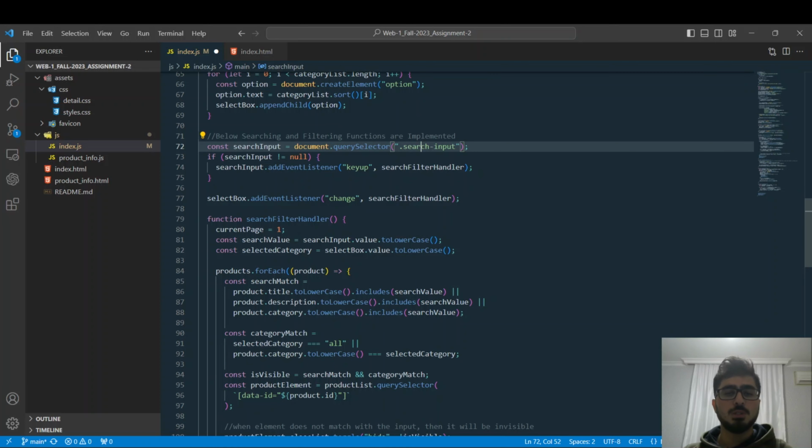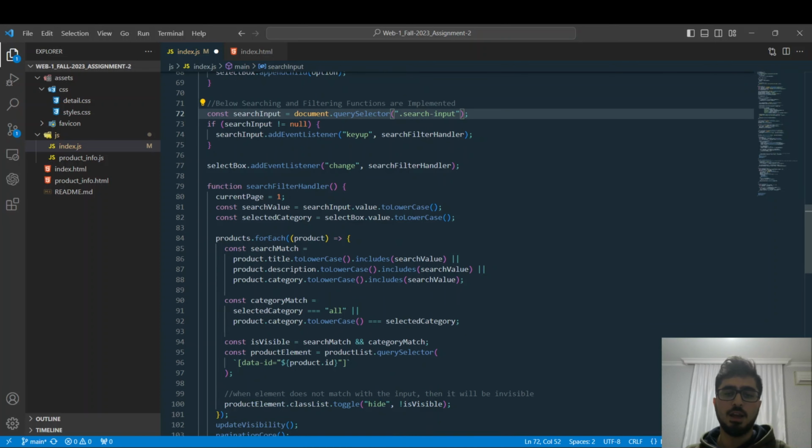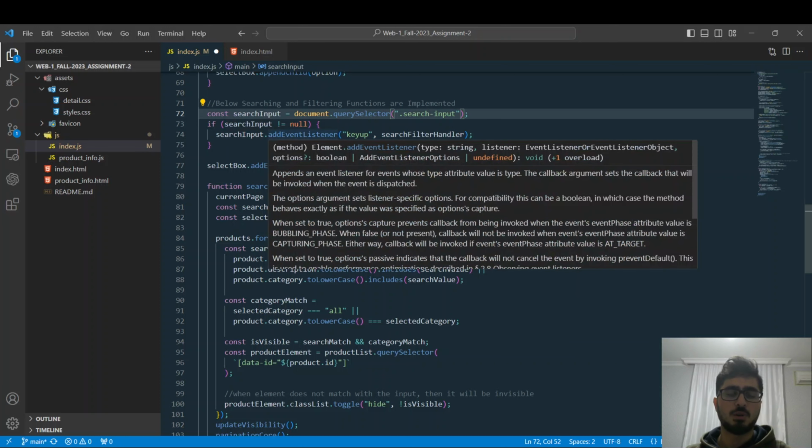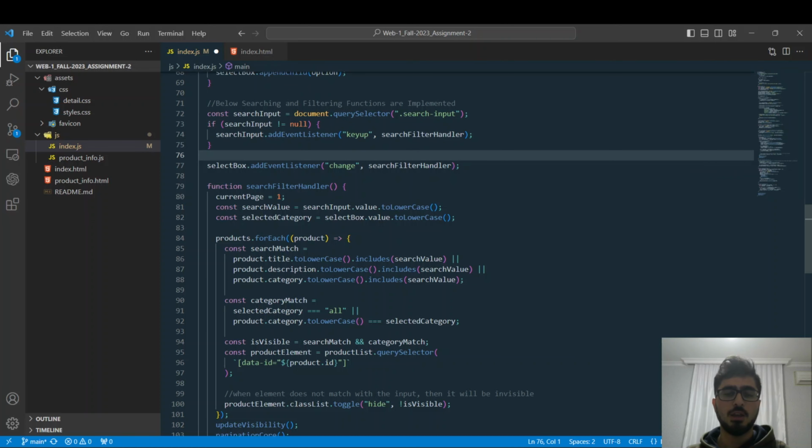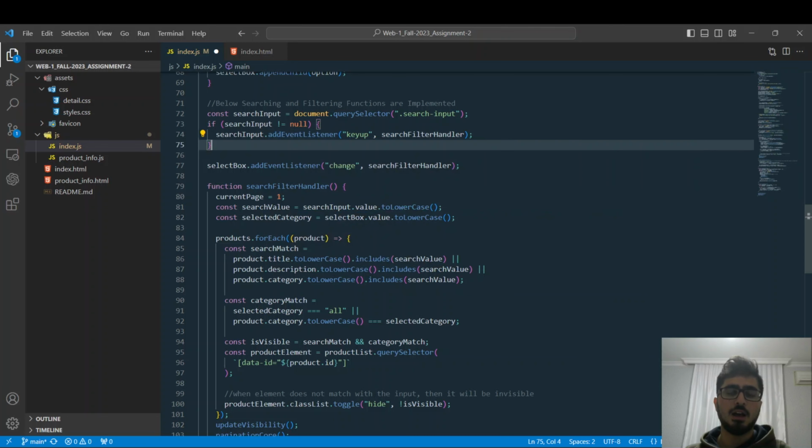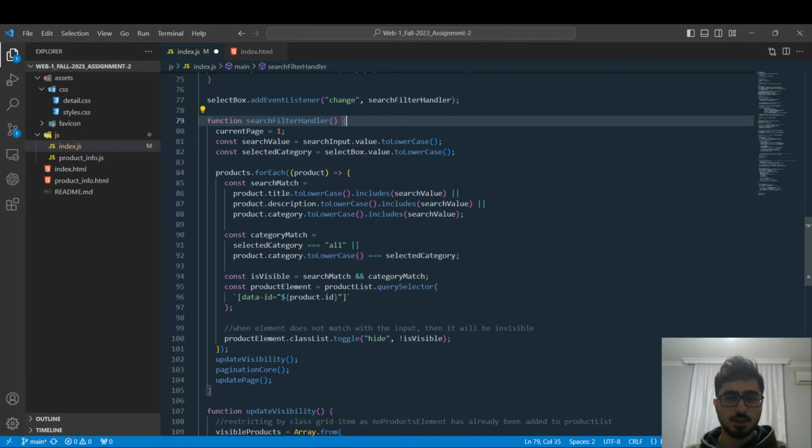And for both searching and filtering, I use the same handler function. I called it search filter handler, and I add event listeners for both of them, but for the search input, to be on the safe side, I just checked whether it's null or not, because otherwise we may face some issues in the console. The difference is that for the search input the event type is keyup, while for the select box it is change. And in the search filter handler, we get the search value and selected category